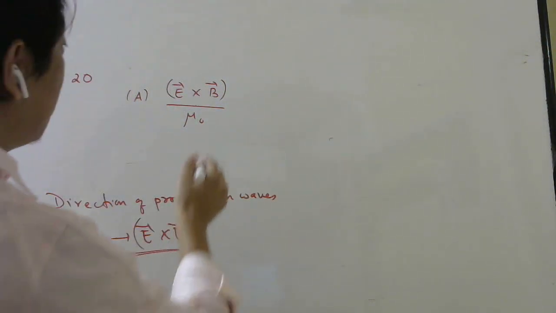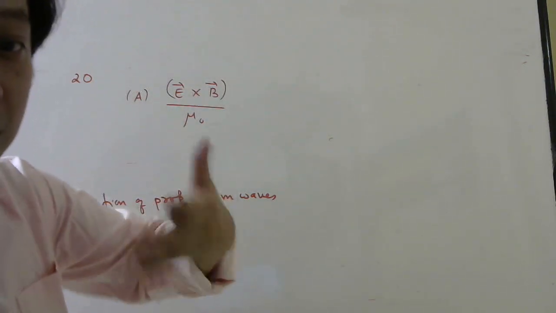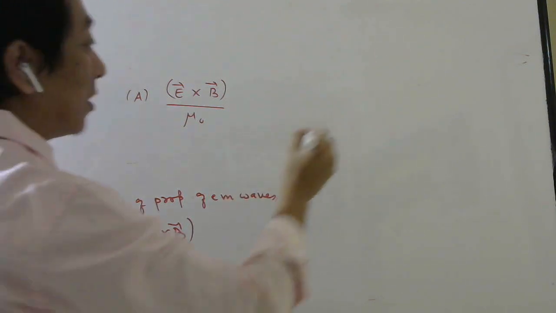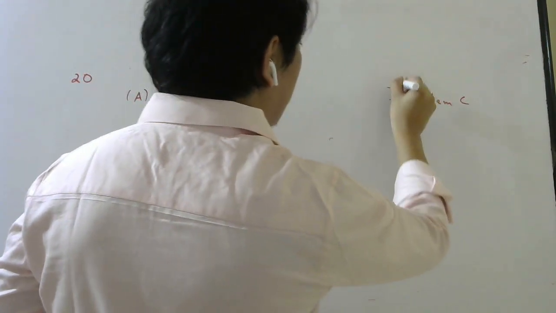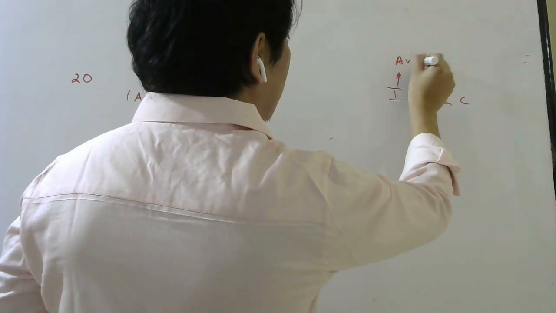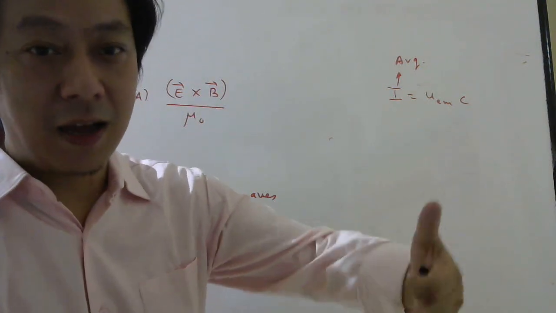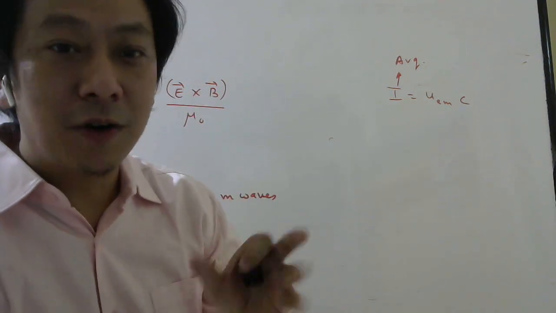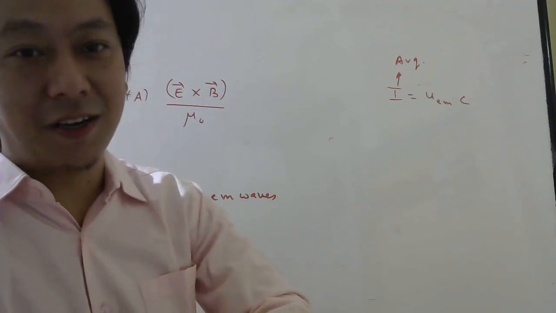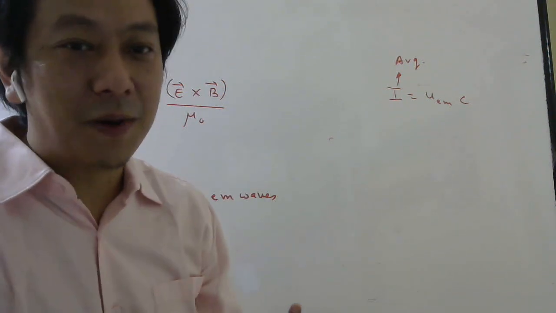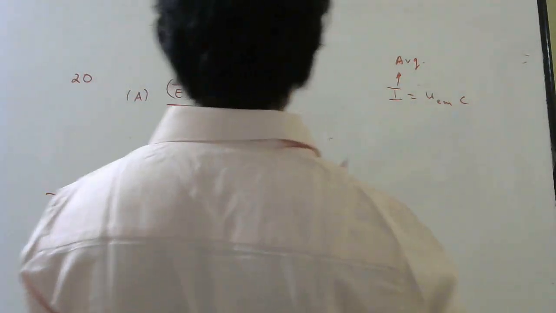So what we will do, we will try to find the magnitude of this and check whether it is equal to average intensity. Now what is the formula for average intensity of an EM wave? This only, right? This is average, okay? Just like in the AC chapter, when I wrote power as I_RMS, V_RMS, cos phi, that power is average power. In fact, if they say find power in an AC circuit, we always have to find average power. So average intensity will be energy density into C.